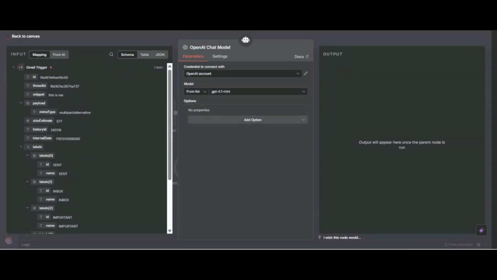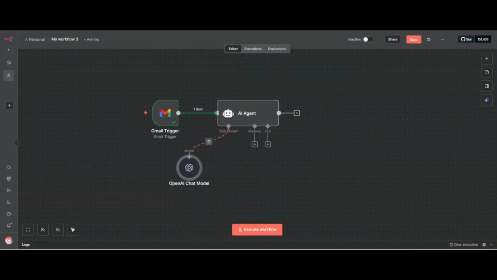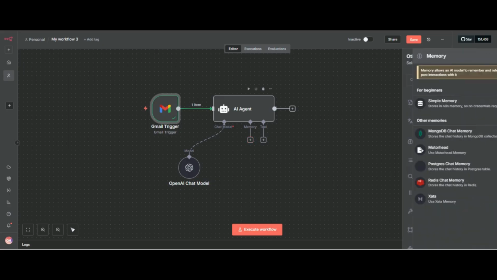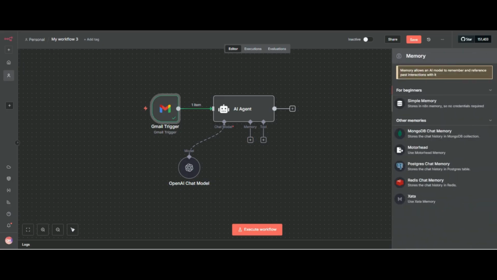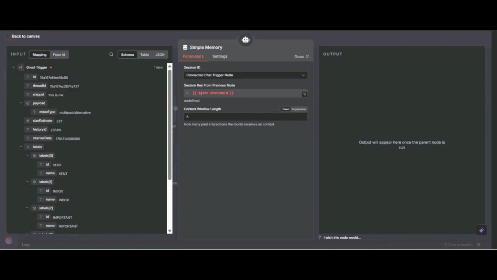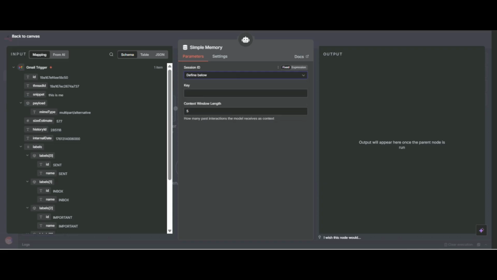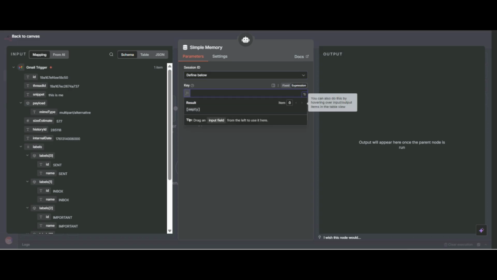Previously I have already told you how you can connect your OpenAI account and OpenRouter account. Now again we are facing this error because we are not using chat triggers. So we have to define below, define the user ID.